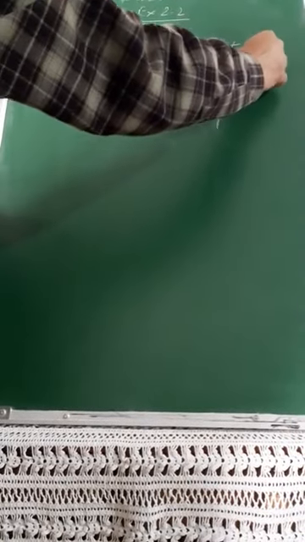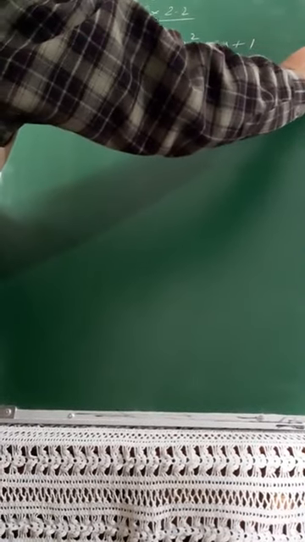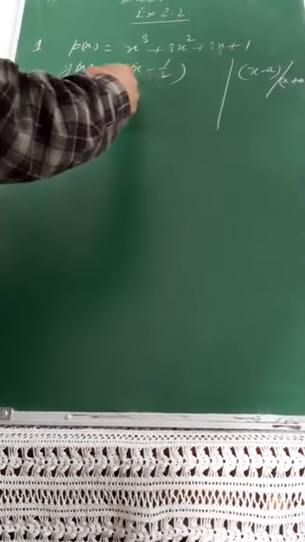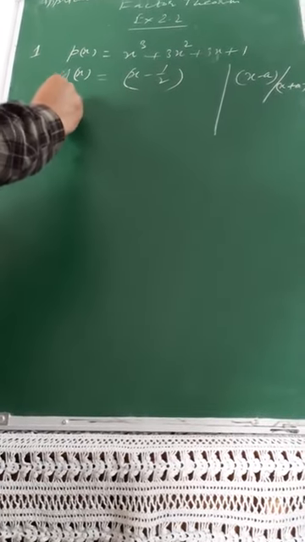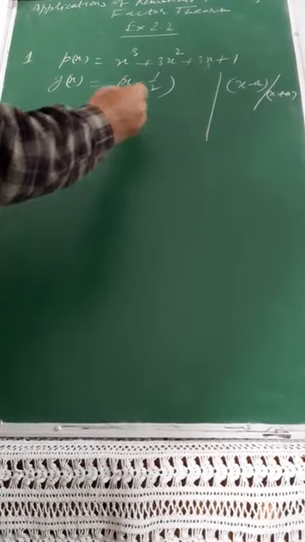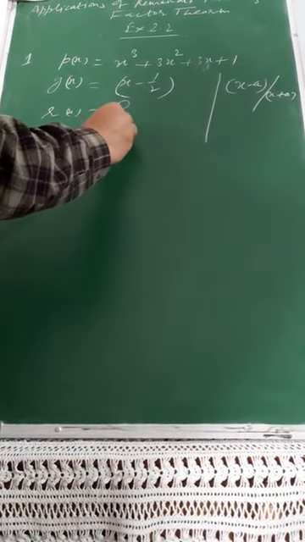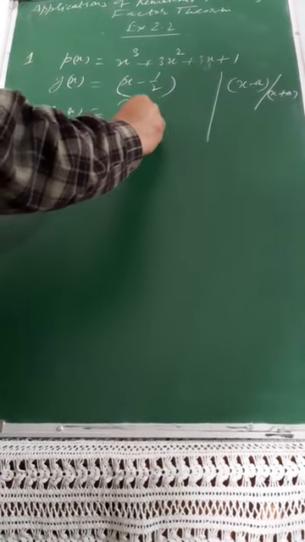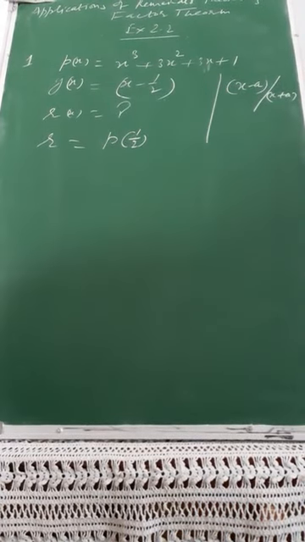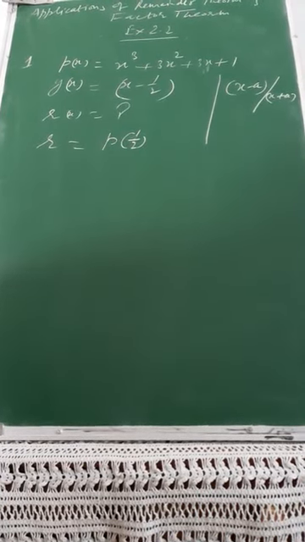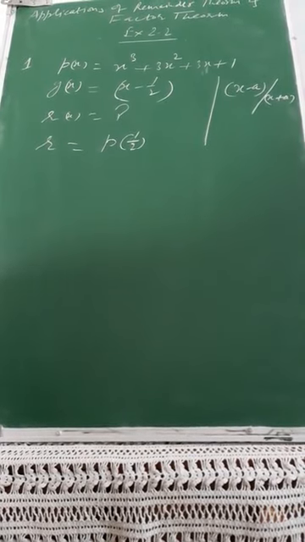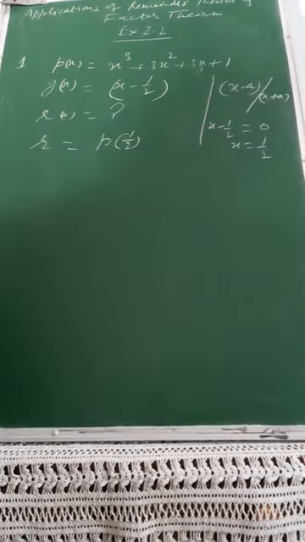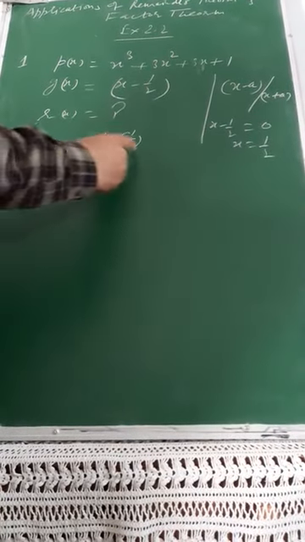And please remember, I said that it will be either x minus a or x plus a. Here the divisor is in the form of x minus a, and you need to determine the remainder. So the remainder will be p(a), because it is x minus a. So if it is x minus 1 by 2, that will be p(1 by 2). That was the advantage which I explained to you yesterday. If x minus 1 by 2 is equal to 0, then x is equal to 1 by 2. So I have to replace x by 1 by 2, and the remainder will be in terms of p(1 by 2).